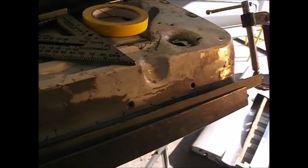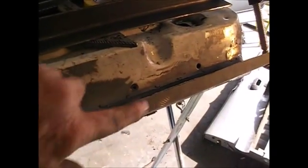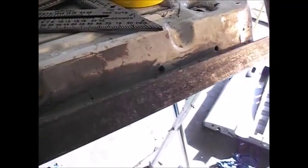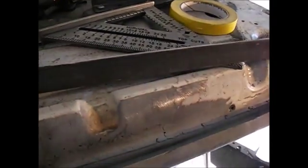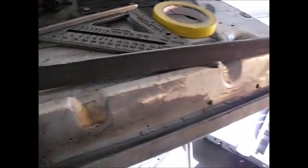But I used my trick about the angle iron. I used a piece of tape and went across it and made a nice straight line after I measured it. After I measured it here and knew how wide I needed it to be all the way down, I used a piece of tape, went across to mark it, then used angle iron on the outside, lined it up with my mark, a little 1/2 inch piece of steel on the inside, and I used C-clamps to crimp it together on that line and slice it right against that angle iron. So I have a nice, you know, a nice straight